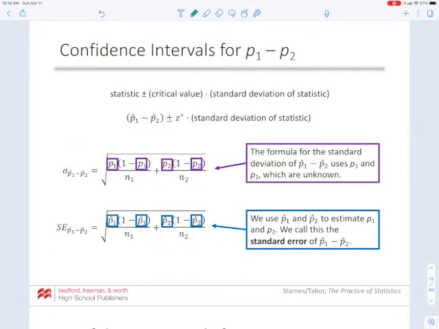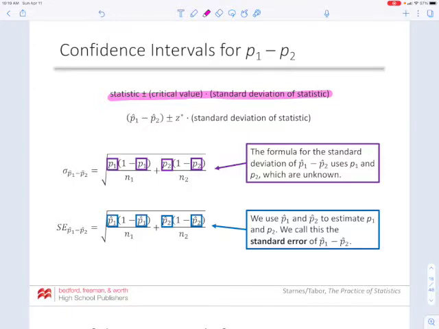Now to actually calculate the confidence interval. Remember on your formula sheet, we have statistic plus or minus critical value times standard deviation of the statistic. So now let's insert the proper notation for what we need for the confidence intervals and the difference of proportions. So your statistic is now the difference between the two sample proportions, so p hat 1 minus p hat 2, plus or minus your critical value is still a z value,